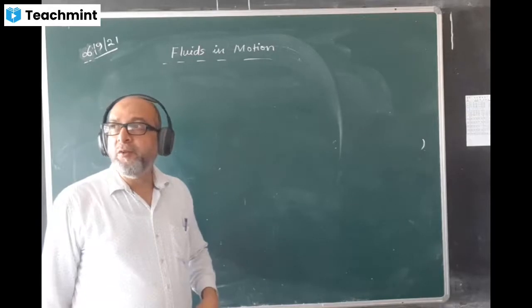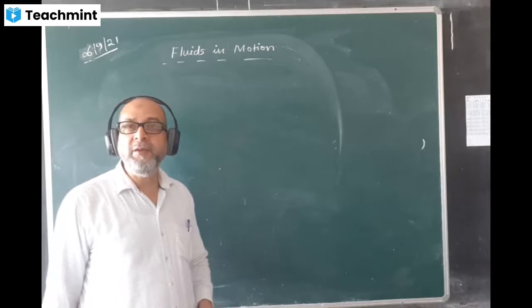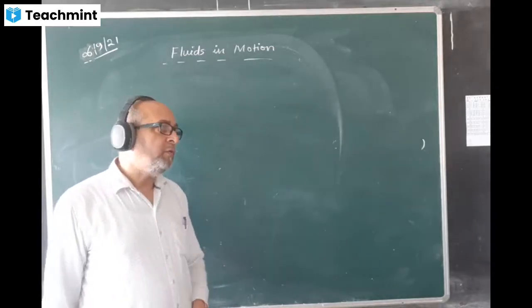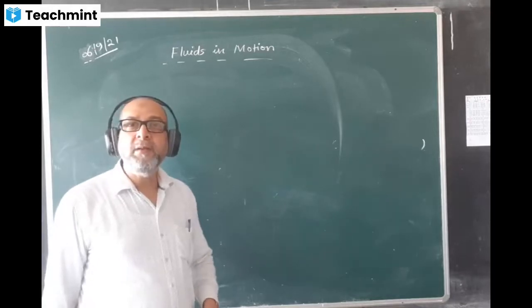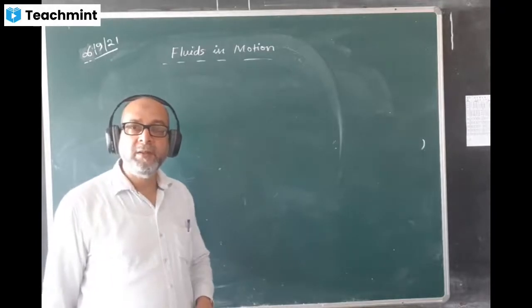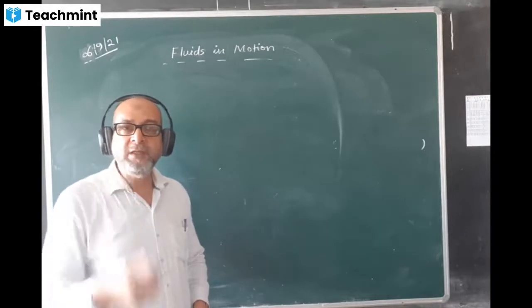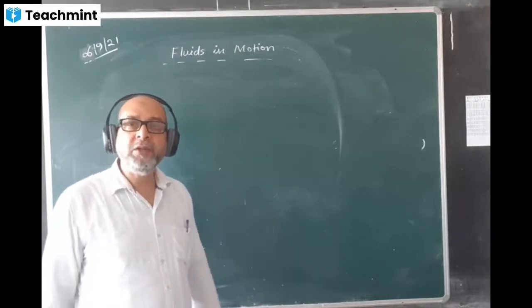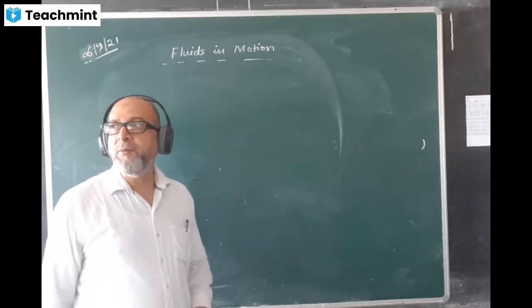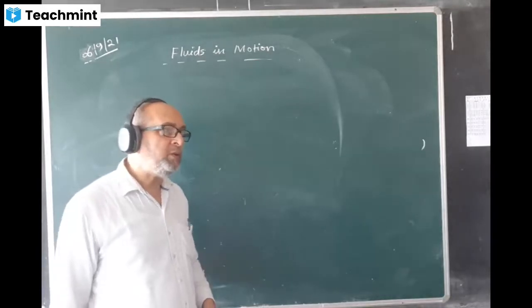And for a steady flow, the rate of flow is constant. That is, capital V is equal to constant, or Av equal to constant, or A1 v1 is equal to A2 v2. From this relation, we conclude that where the area of cross section is less, usually it deals with a pipe, the speed will be more, and where the area of cross section is more, the speed will be less. But this is only applicable for steady flow,